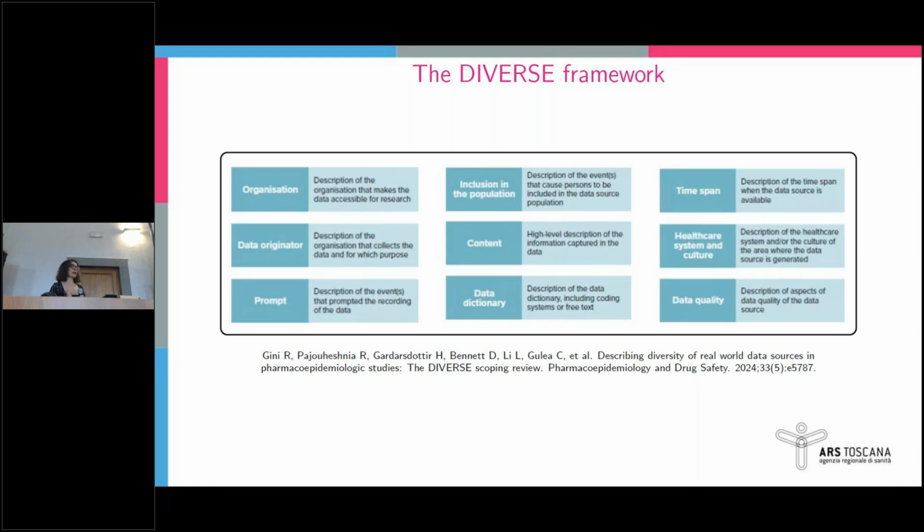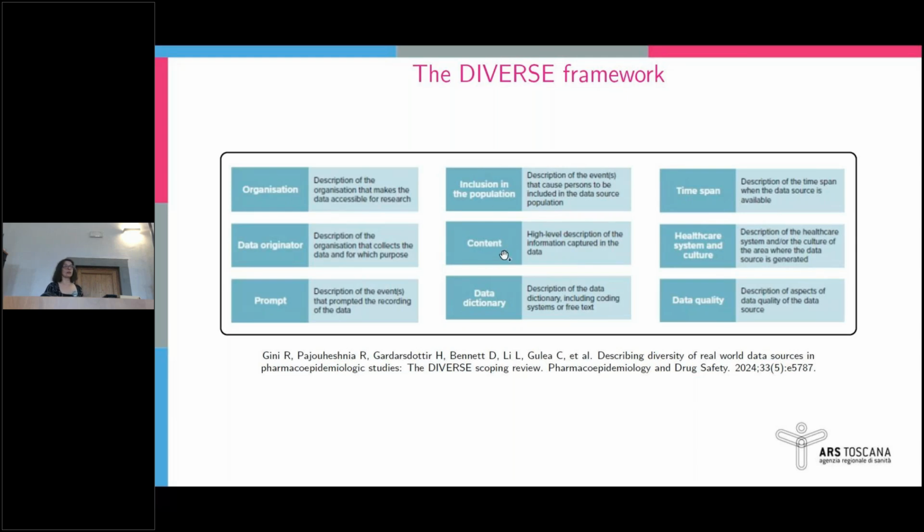And they are the organization that accesses the data and then tells you all the other dimensions, the data originator, the guy who pays for the data to exist, and the guys who make the content, who put the prompts, so the set of actions that do create records, and those that don't, and how the population is included, not in your study, in the data source. So remember that everything that is included in your study is included in the data source, is nested here. So these are very important determinants of your